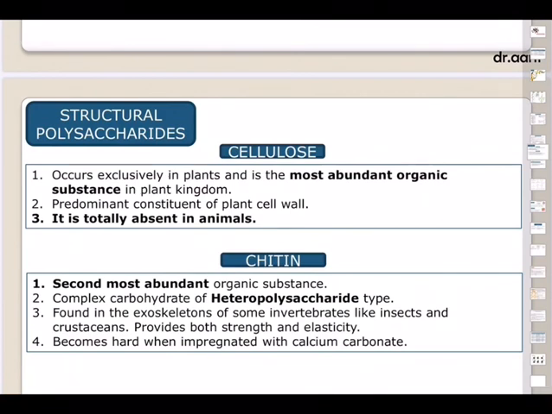Hence, carbohydrates play a very, very crucial role in all of us. So this is essential for all the organisms. And the polysaccharides can be food storage polysaccharides like starch, glycogen, and structural polysaccharides like cellulose, chitin. Hence, we must have these carbohydrates in our diet. In our next session,